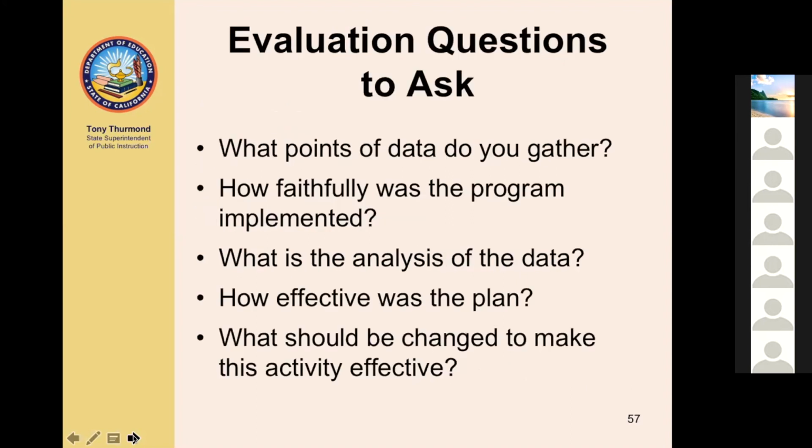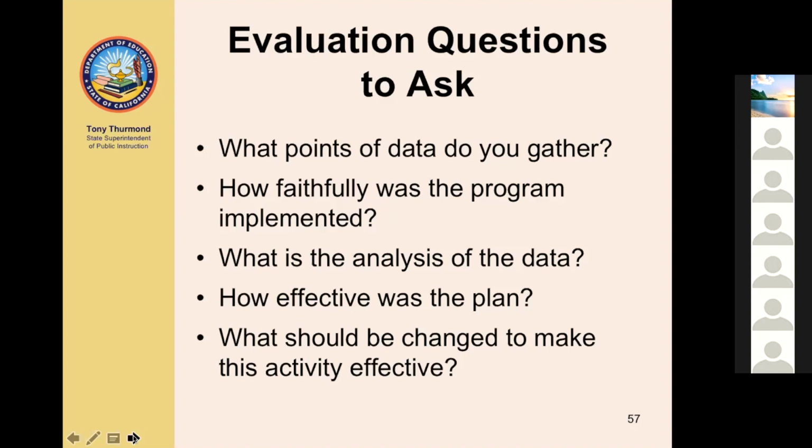So when you are creating or reflecting on your evaluation process, you want to make sure that you have answered these questions for yourself so that all your stakeholders, all your SSC members, understand what points of data you're gathering, and how faithful the implementation of that particular service or program was. What does the analysis of the data look like?